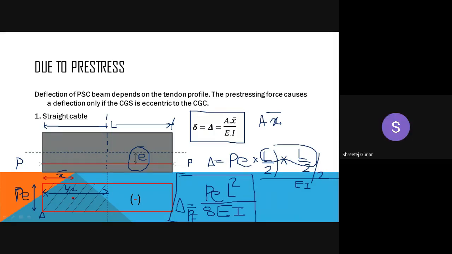Yes, sir. Okay, understood now. Please focus over here. If you don't understand the initial thing, you'll face trouble. You'll face problems while understanding the next ones. So this is a basic one.